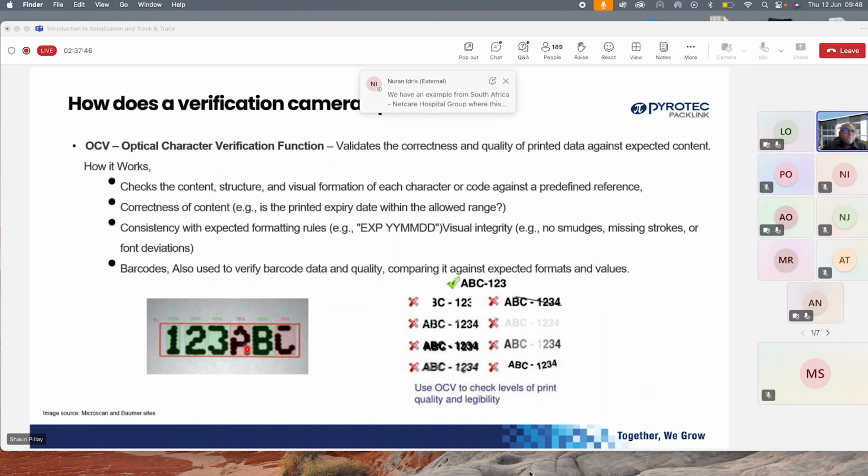If you look at this image, you can see that the print has failed on this system because it didn't conform to the requirements or the preset values. In layman's terms, a product like this would be passed by the naked eye. So an example, especially in the